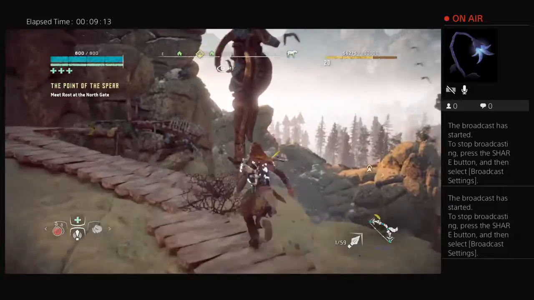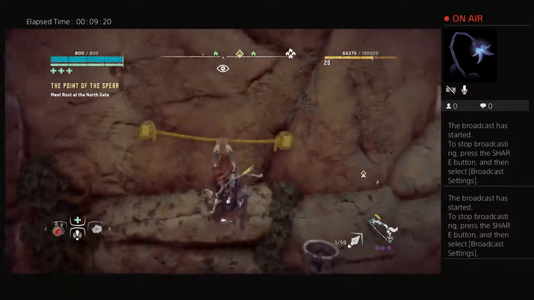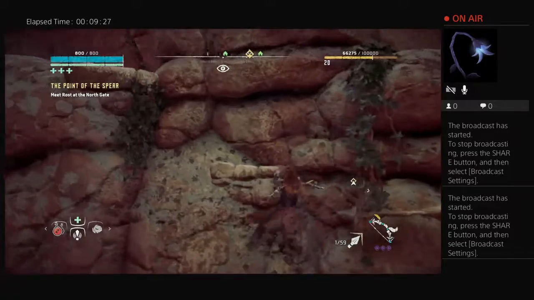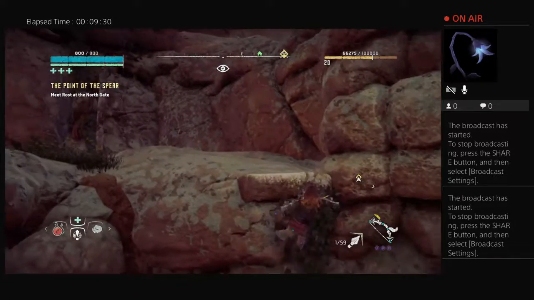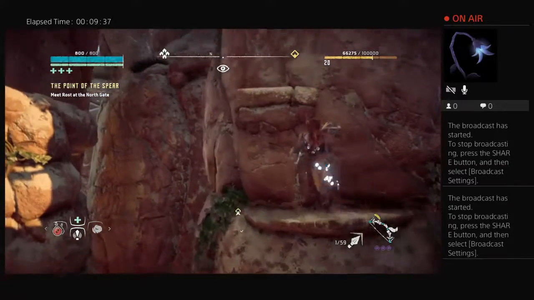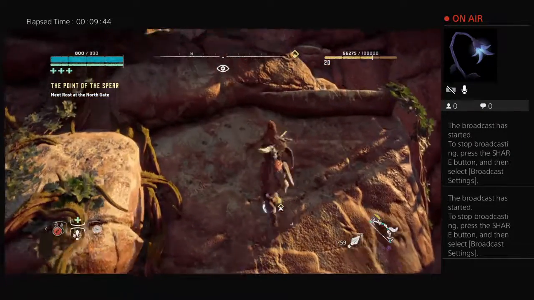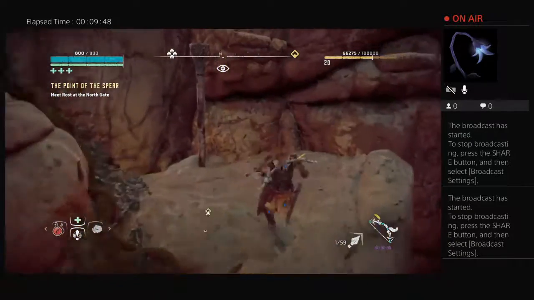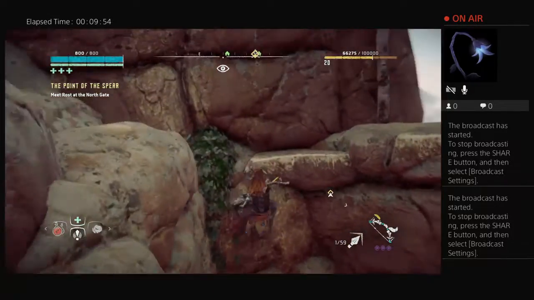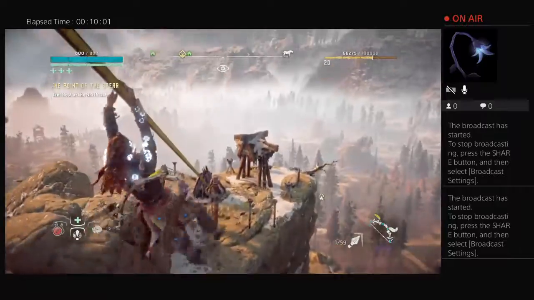Little geese flying away. The wall scaling can seem slow at first, but once you get the hang of it, it's not a very time-consuming part of the game, so you don't have to worry about all that. Once you get the hang of it, you just kind of get through it. And we made it to the top of that one, and that one's actually a fairly long one. It's not the longest, but